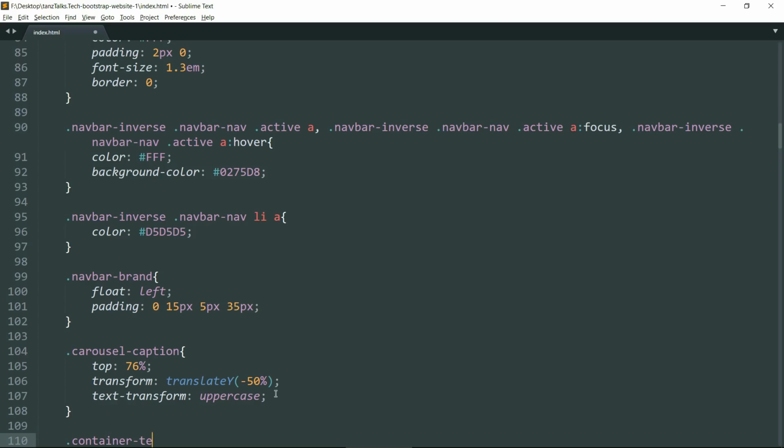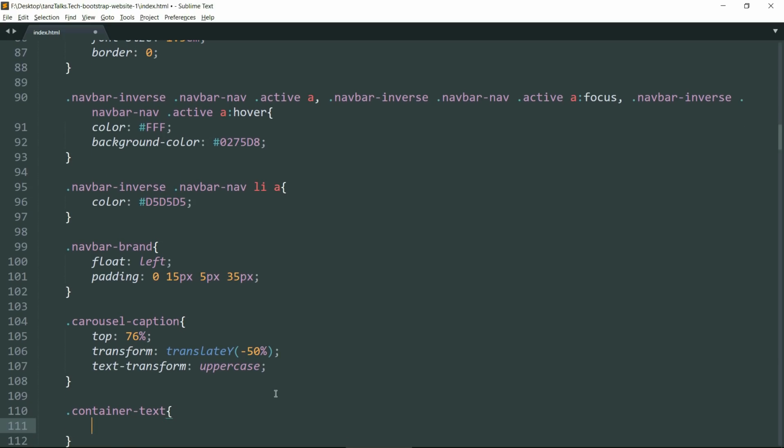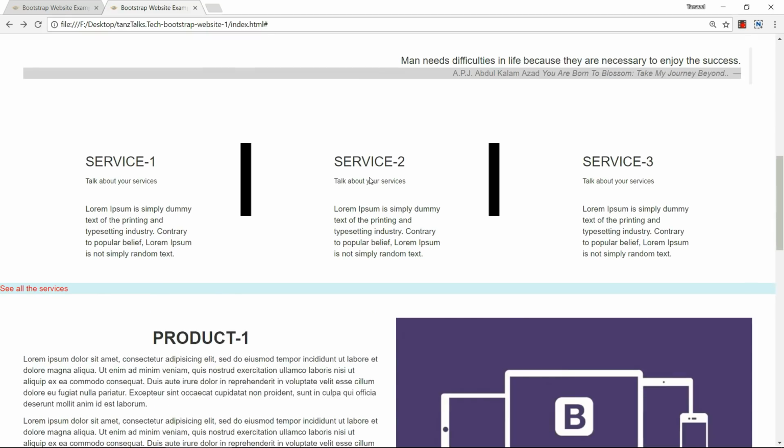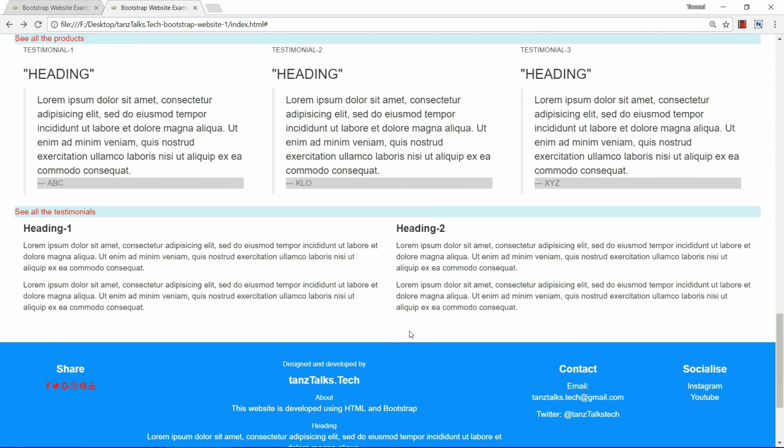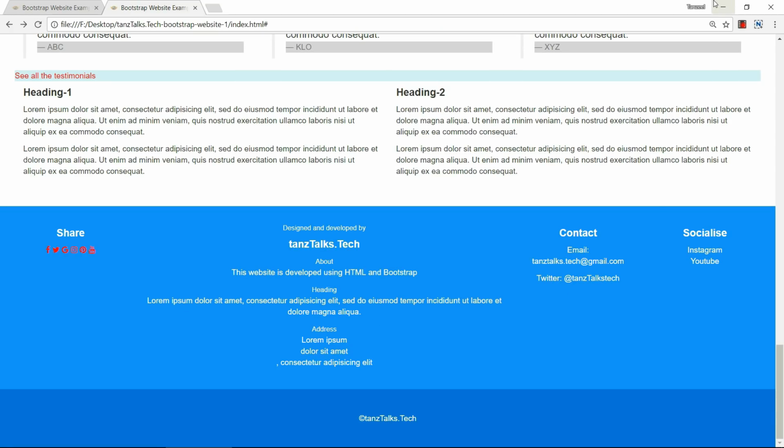Now type .container-text, give it a padding of 3%. Now you can see there is a padding around all the container text in the website.